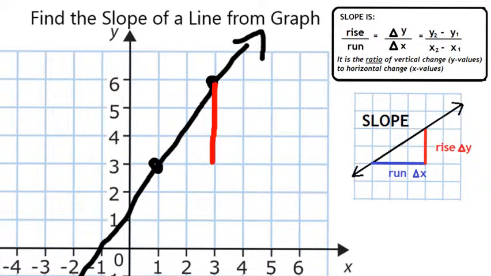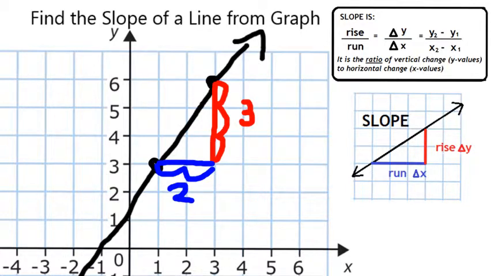The rise can be seen along this red line, so it's 1, 2, 3 units it goes up during the same time. It goes over 1, 2 units. Therefore, we have a rise over a run of 3 over 2, and we can say that our slope is